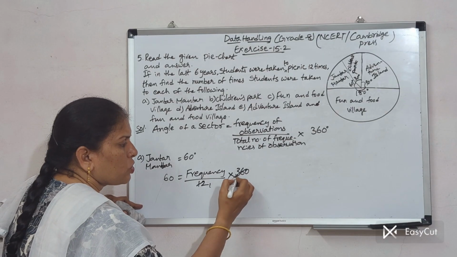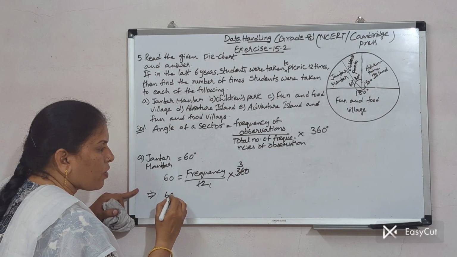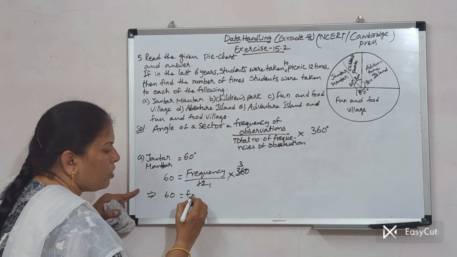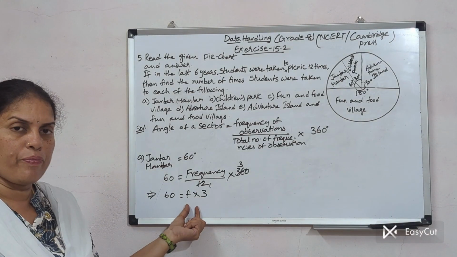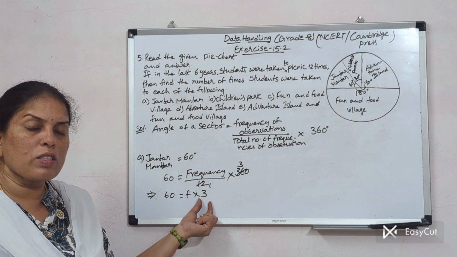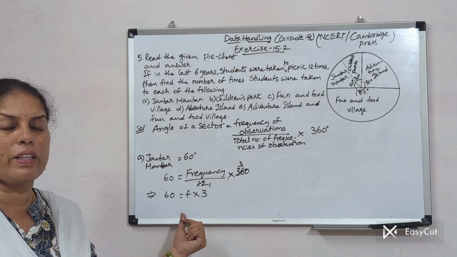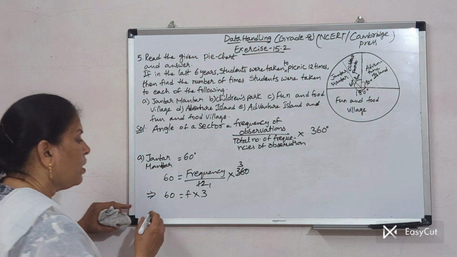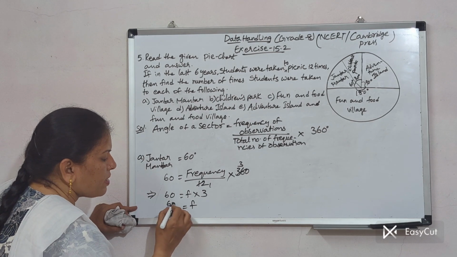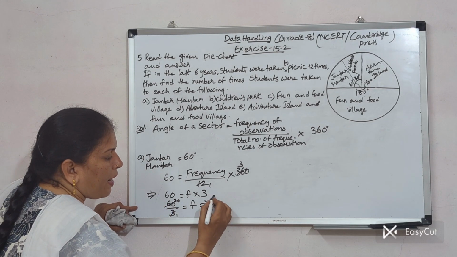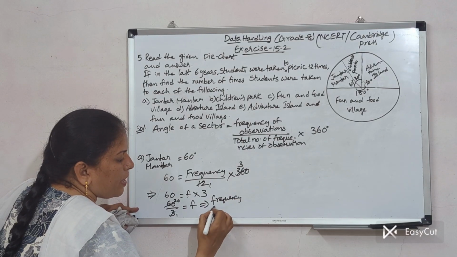Understood? 12 ones, 12 threes. Okay. Implies 60 is equal to frequency into 3. Okay. I want frequency. I don't want this 3. I am cross multiplying. Into 3 is there. It comes to the denominator. Division. Into becomes division. Multiplication becomes division. So, 60 by 3 is equal to F. 3 ones, 3 20s. Implies frequency of Jantar Mantar